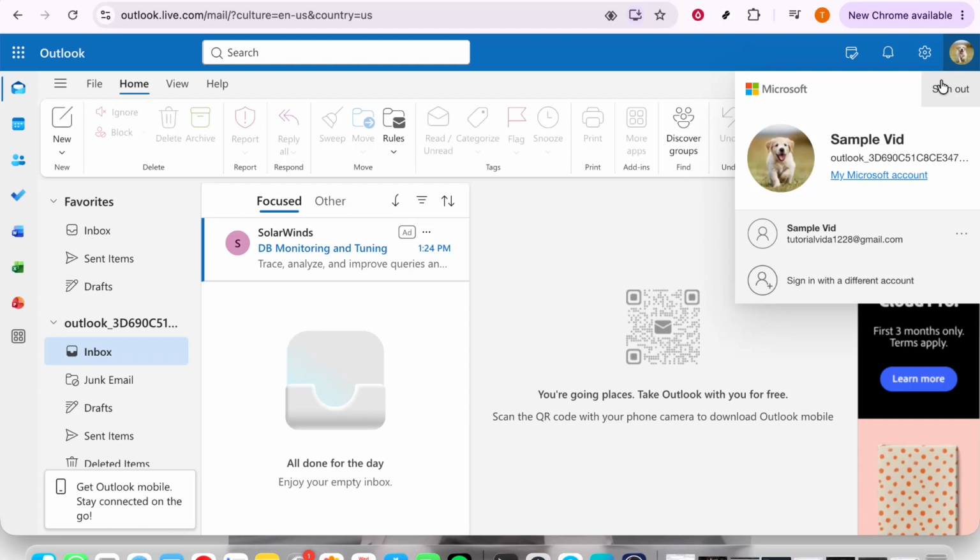If you're working on a shared or public device, an additional precaution is to clear the browser's cache and cookies after signing out. This extra step helps in making sure that none of your